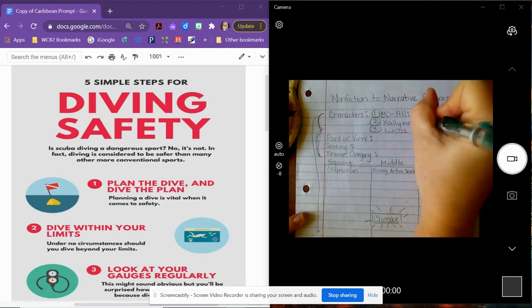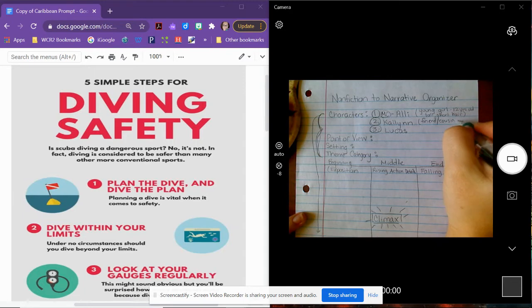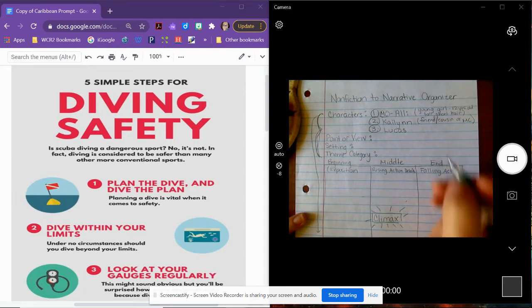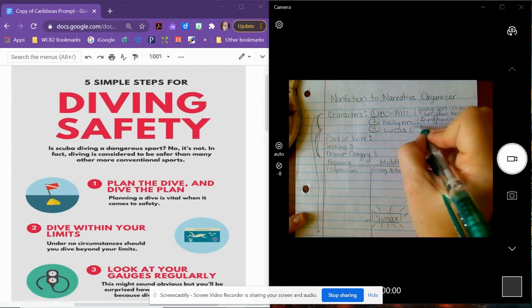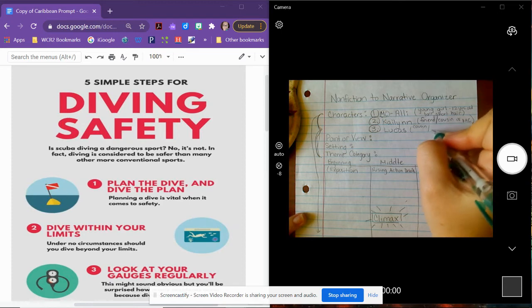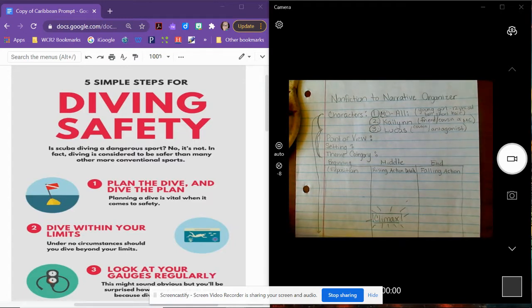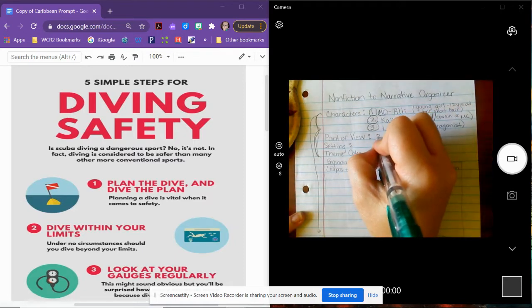Okay, so for Kaylin, I'm going to put friend and cousin because they're best friends and they're cousins of the main character. And then for Lucas, it's a cousin and he's younger than them, but that's okay, I'm not going to put that. And then I'm going to put antagonist. What that word means is simply somebody who kind of bothers people in the story. He's the antagonist. All right, and I'm going to write my story from third person point of view